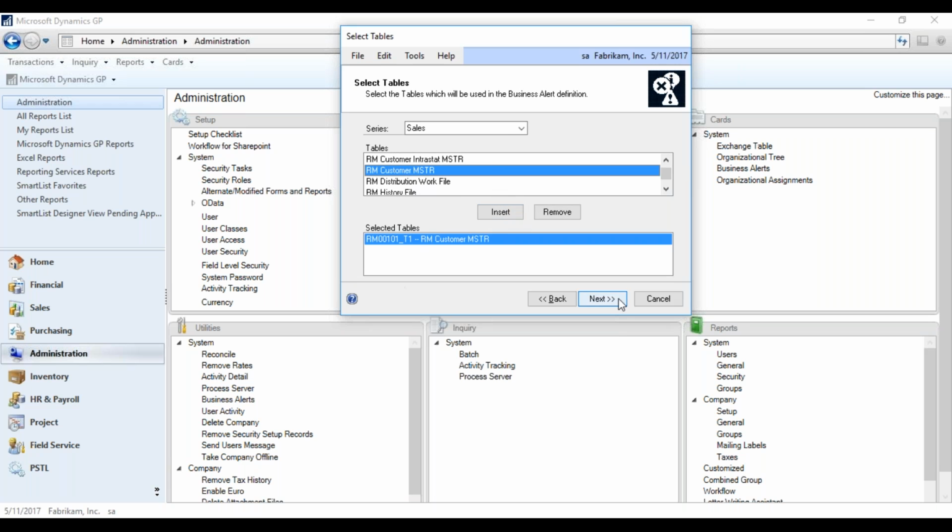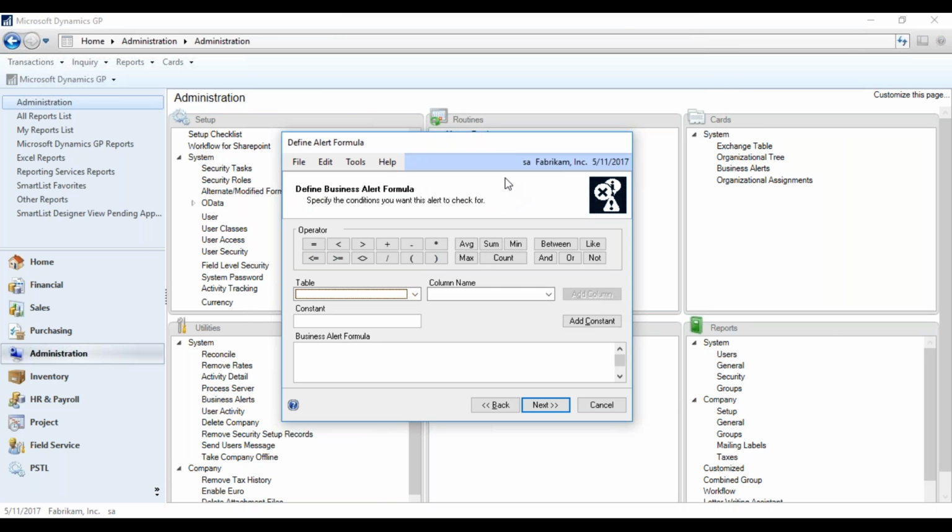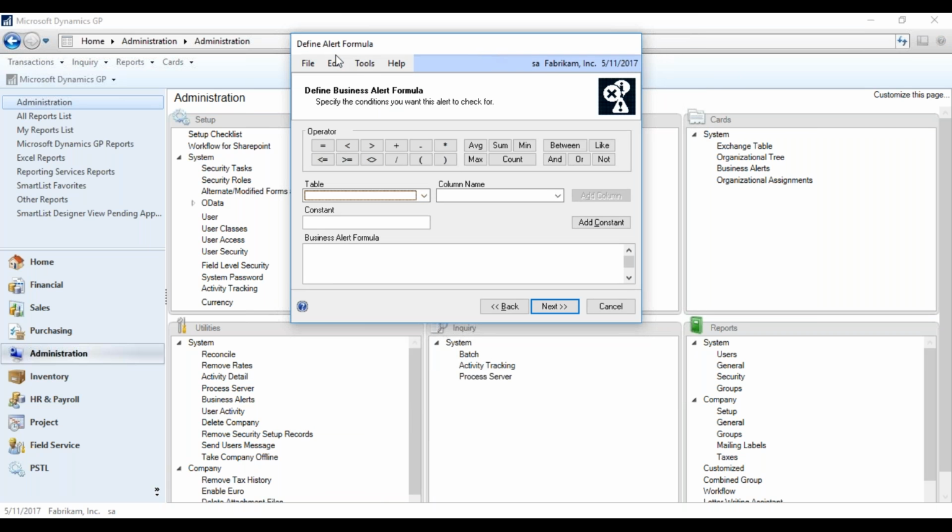We're going to insert it, and here we have our table that we want to choose on how we're going to set up our hold alert. We'll click next, and now here's our little define alert formula. So we have all these magnificent operator buttons, so you don't have to think too hard on what you want to do. We'll just select the table that we already have selected, and we're going to add,